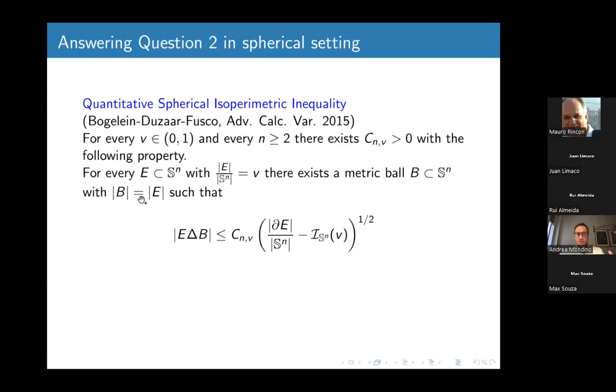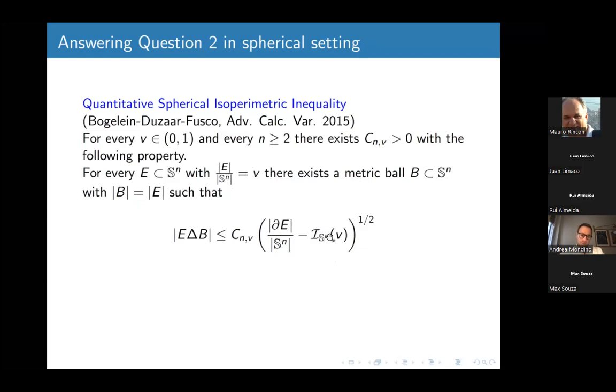For every subset E inside the sphere, having normalized volume equal to V, there exists a metric ball B inside the sphere, having the same volume as E and such that the symmetric difference between E and the ball is bounded from above by the dimensional constant, depending also on V, times